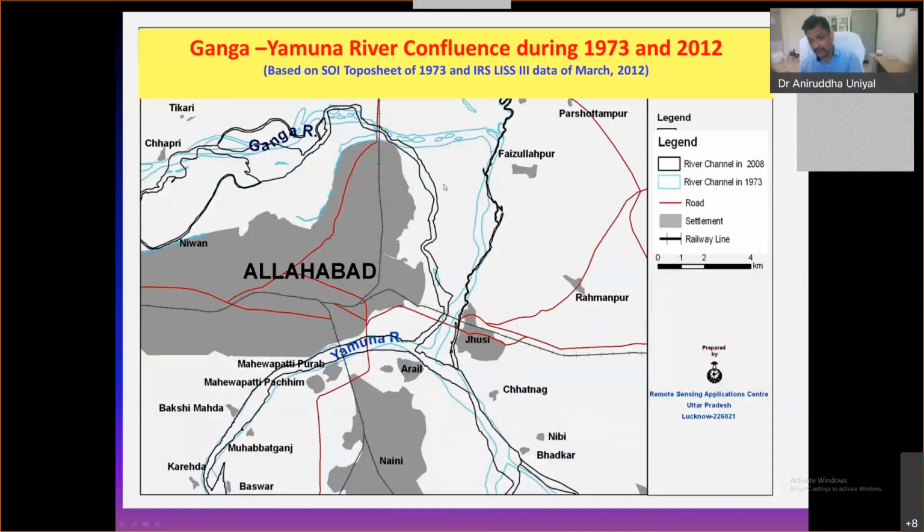What is its relevance? The relevance is that if we had constructed a bridge here sometime in 1973, that bridge would have remained here only, and the river would have migrated here. So in selection of suitable sites for civil engineering projects, whether they are barrages or bridges or alignments of expressways or railways in the proximity of rivers, we need to consider that those segments of the rivers which have witnessed minimum migration over the past few years are the best sites for any barrage or bridge. Otherwise, the civil engineering project will go into rough weather.